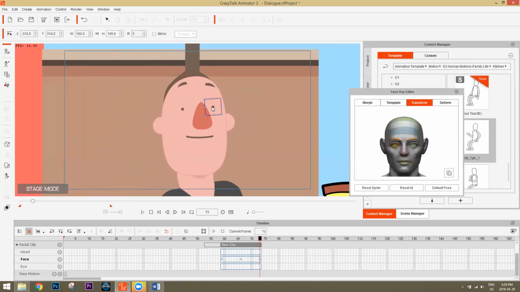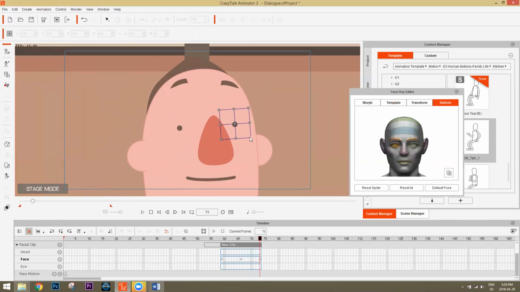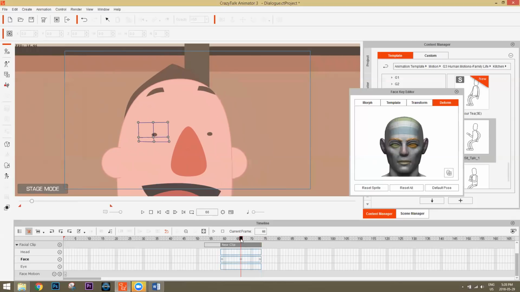And maybe here, we're gonna take the eyes themselves and deform them. When you deform the eyes, there's a couple things you can do. We'll take the eyes up like this and make them a little bit smaller, almost like the character is squinting. So we're just deforming it slightly. We'll do the same thing with the other eye. You can also select them from the image over here. And there we go, just take those up. And there you go, it looks a little bit more friendly. Barely noticeable, but a little bit more friendly.